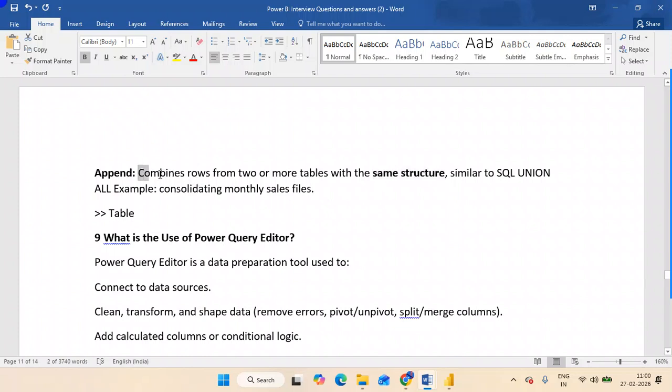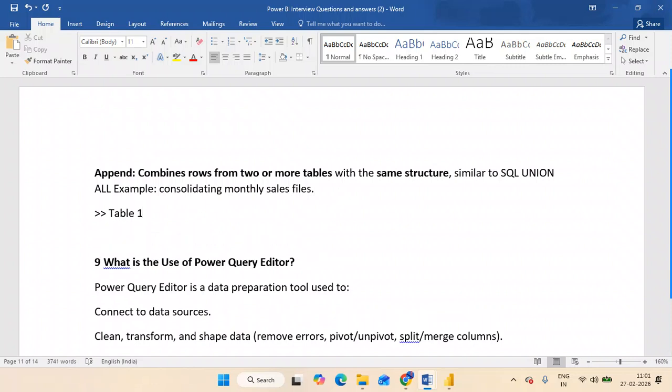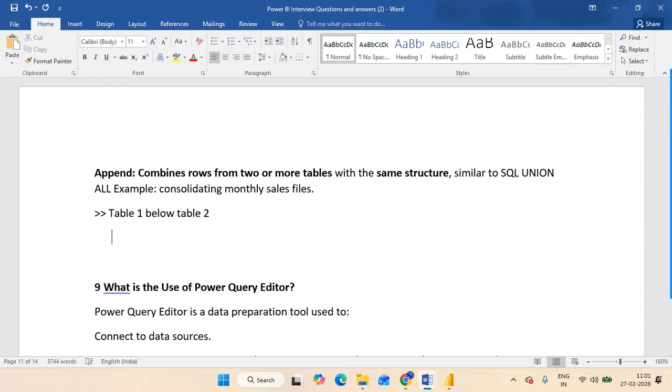It combines rows with the same structure. Okay, so keep that in mind. For example, you have table 1 and below it you get table 2. What is the condition here?